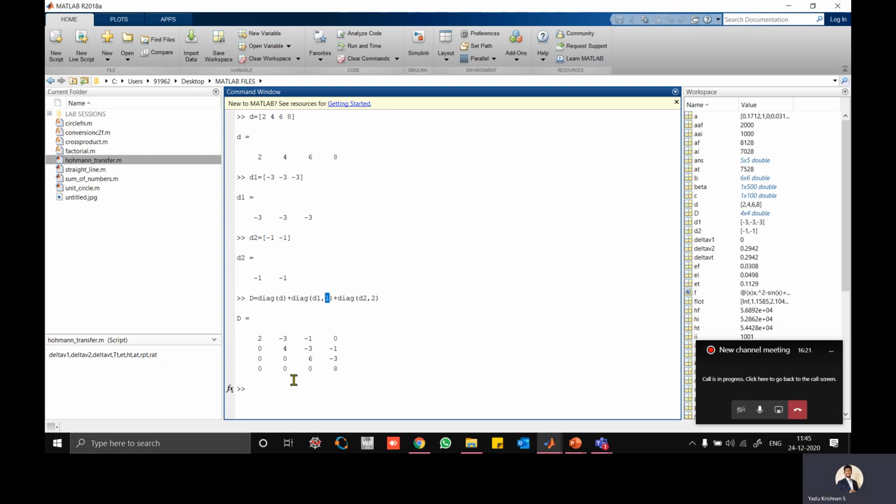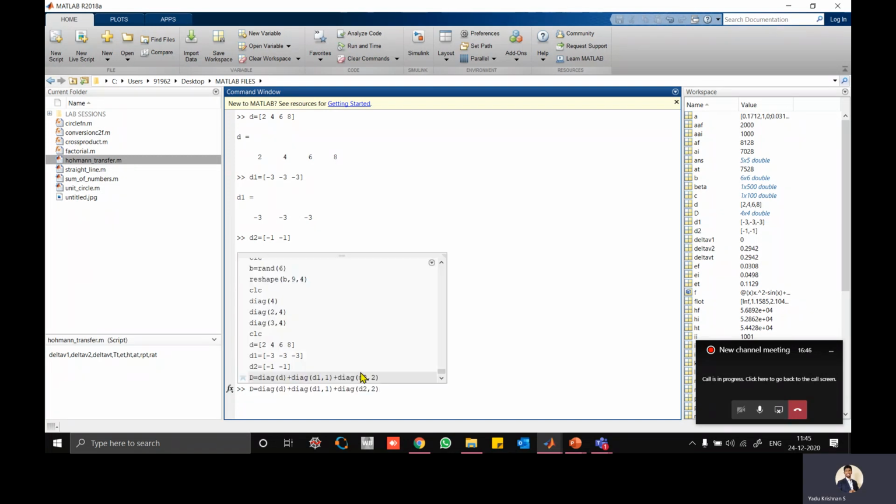If you look at this matrix, you can see that -3, -3, -3 is kept above the main diagonal, right? The plus 1 indicates one step ahead of the main diagonal. Here you see D2, 2: whatever the vector is, it has to be kept two steps ahead of the main diagonal. That is the reason -1, -1 is there.